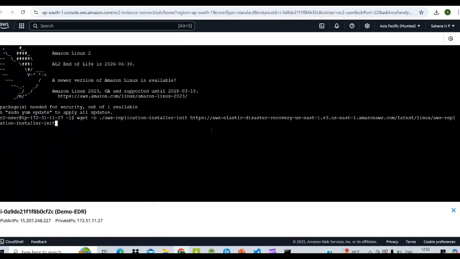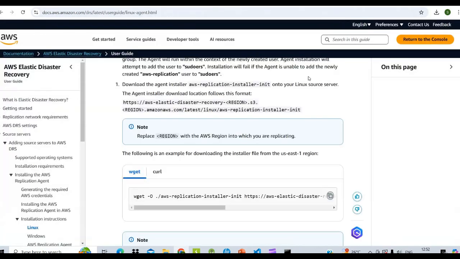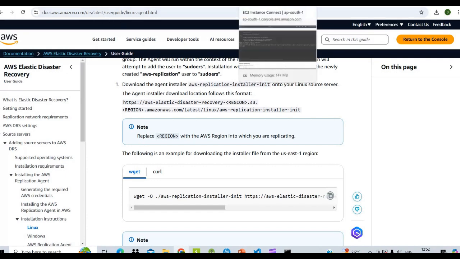Here we need to change something. This is US East 1. Go to the installation part. Here we can see the following example for downloading the installer file from the US East 1 region, but I am using the region AP South 1.